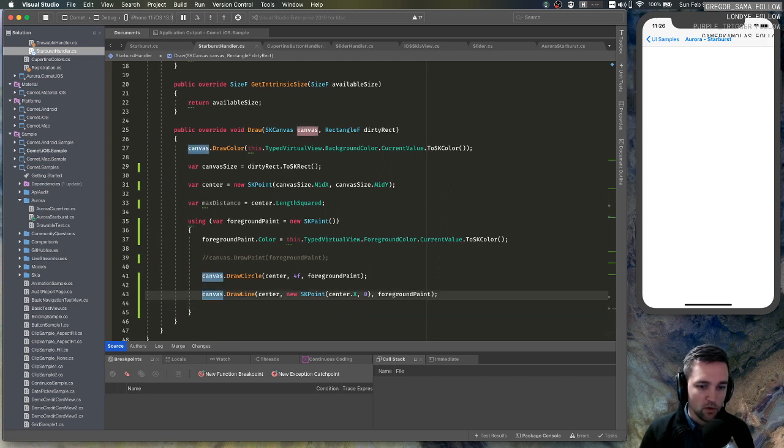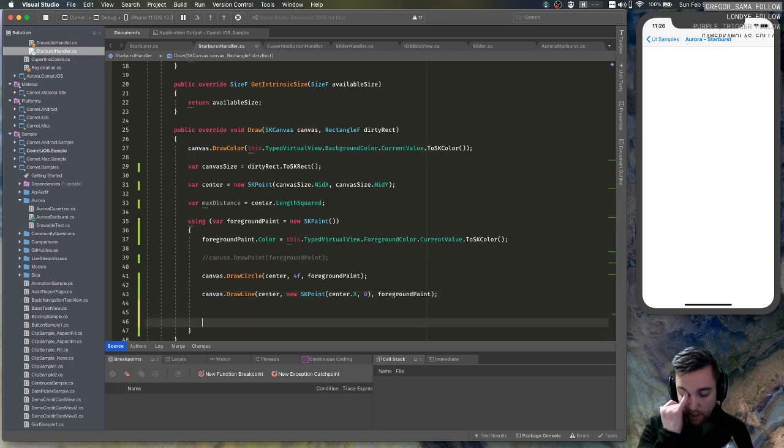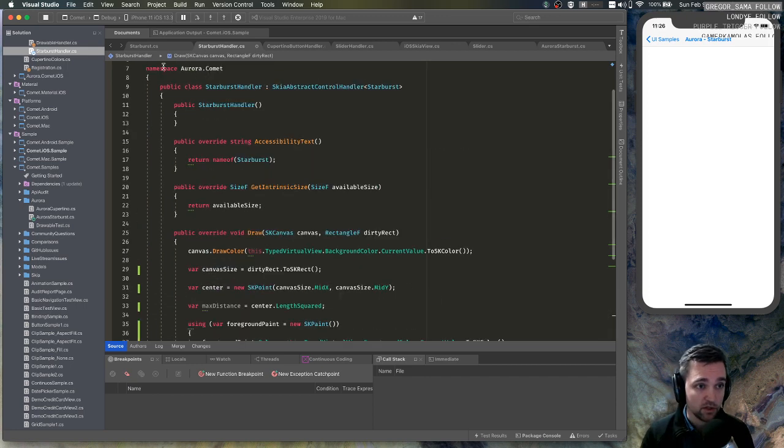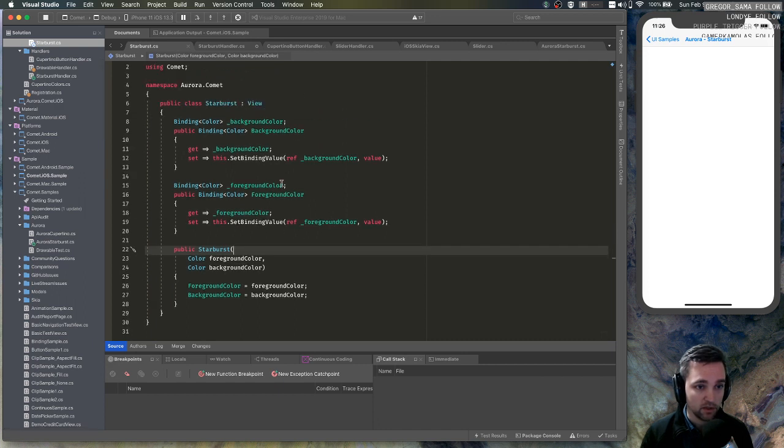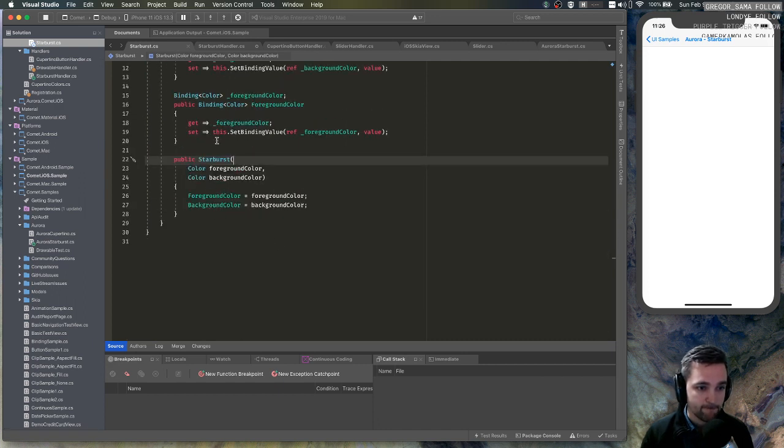All right, so we've got our line out here, so we know that's how we could draw up and to the right. But I think we probably want to make that into a path. So back on our starburst here, let's say something like,